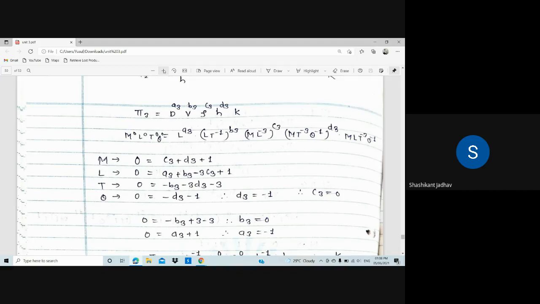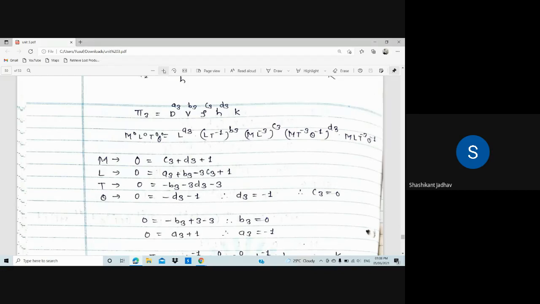Okay. So all of you write down the dimension of each term and compare the powers of each term. Do the calculation by yourself. Already we have written the dimension of each term, and from that we have to equate the powers of both sides and find out the values of a3, b3, c3, and d3. Within 2-3 minutes we have to calculate these values.